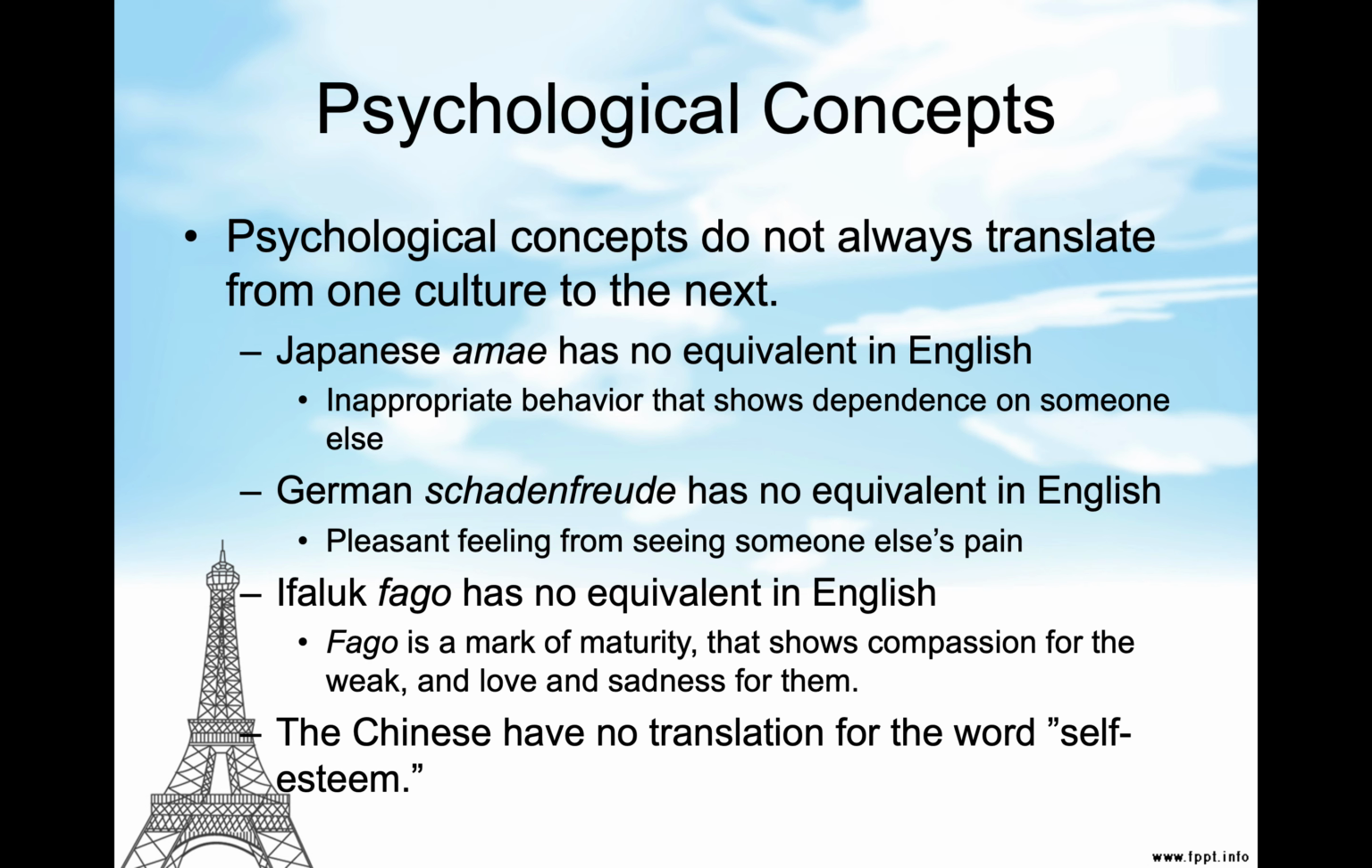Ephilukfago has no equivalent in English. Fago was a mark of maturity that shows compassion for the weak and love and sadness for them. And of course, this is the very opposite of Schadenfreude. The Chinese have no translation for the word self-esteem. The Chinese are a collectivist culture, and the idea that you feel good about yourself doesn't really equate to the